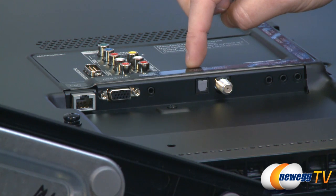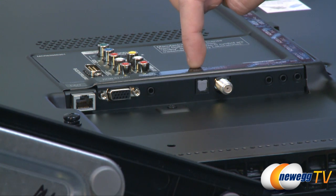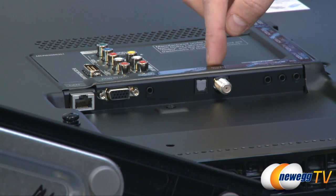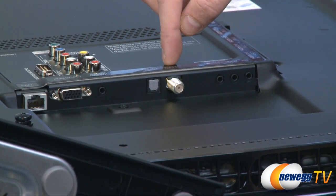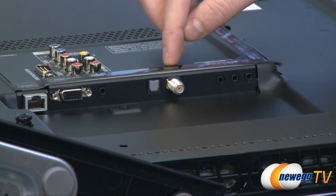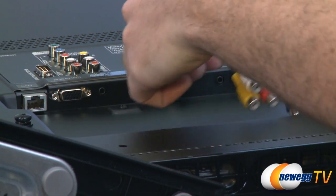Here is actually an optical digital audio output. That's a Toslink connection, so you can output the audio from the television to a high-definition audio receiver. And next to that, we have an antenna cable input, so you can use the TV's built-in TV tuner. And then finally, next to that, we have our AV inputs and component inputs, and those work with these two